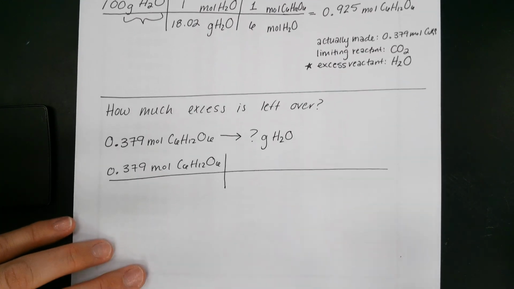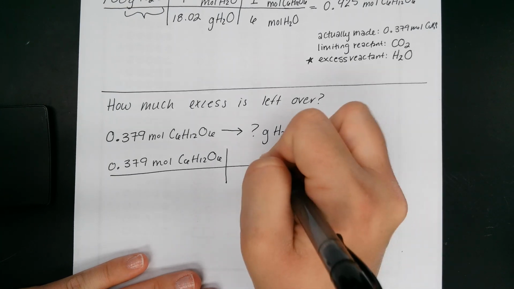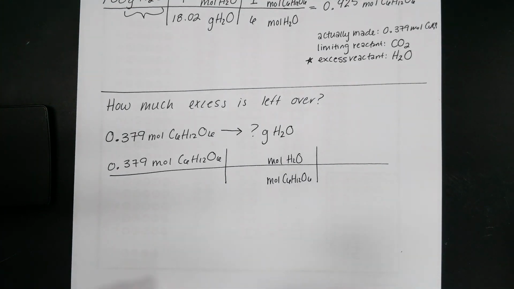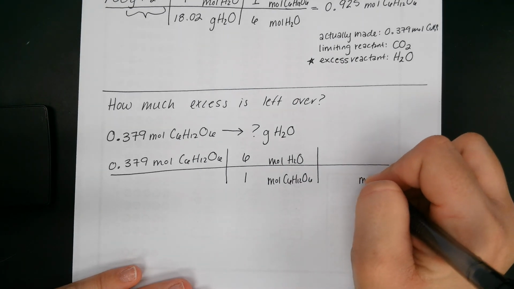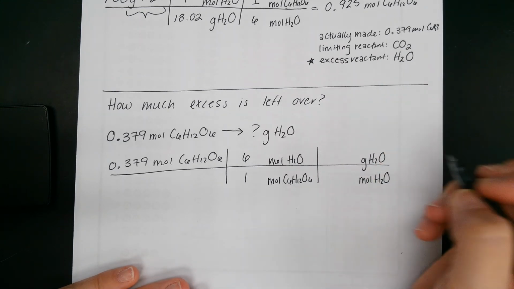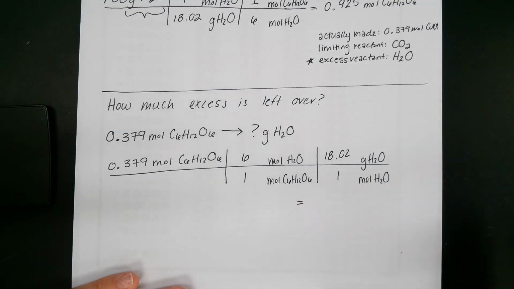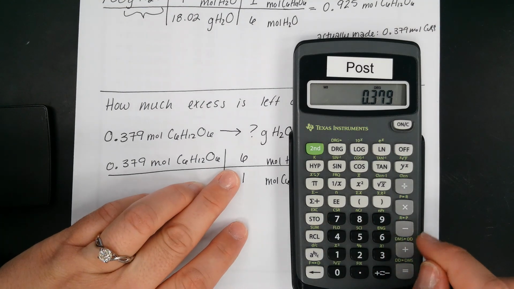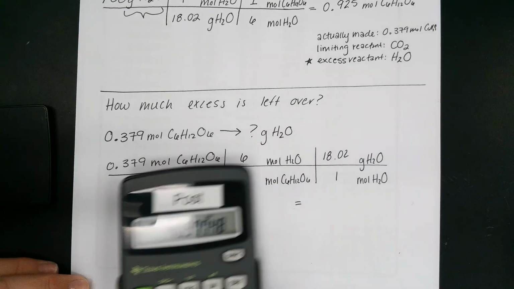We line it up. If we have moles of glucose up top, it goes to the bottom. We've got to go to moles of water so we can get to grams. If we see mole over mole, we look to the equation. So it's a 1 to 6. Moles of water goes top to bottom. Again, we're trying to get to grams of water, so we utilize molar mass, which is 1 mole equal to 18.02 grams. We'll go ahead and plug that in. So 0.379 times 6 times 18.02. We get